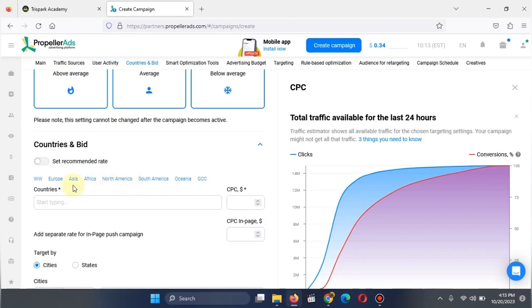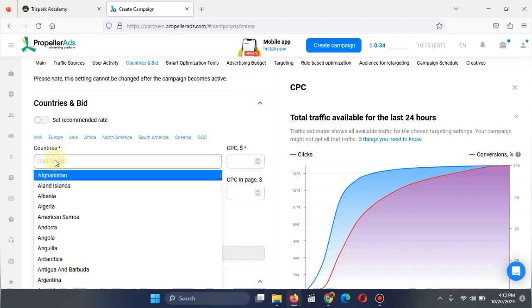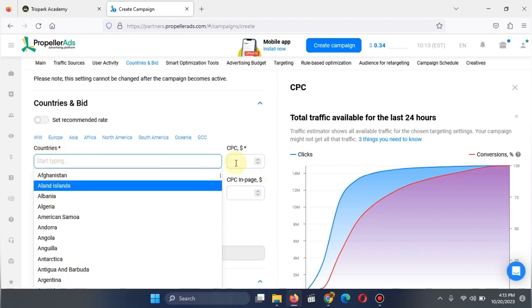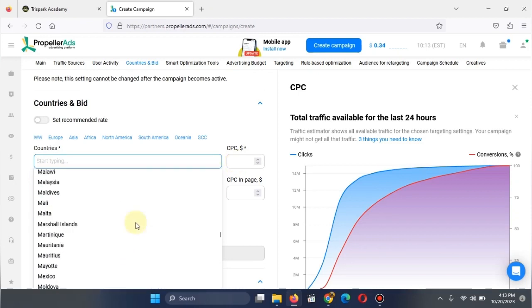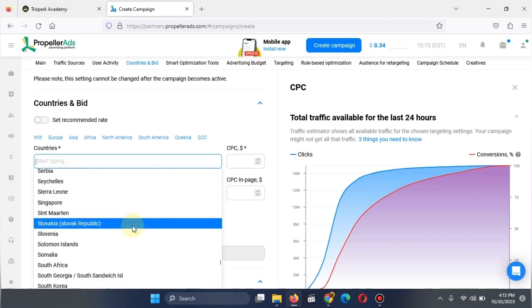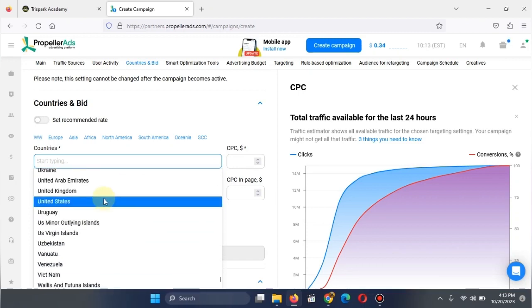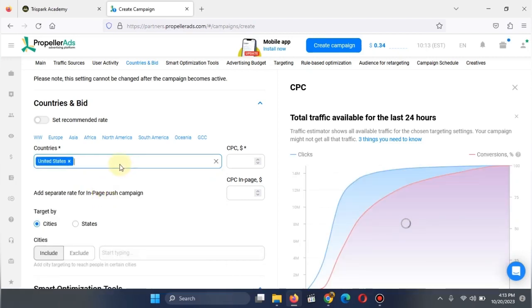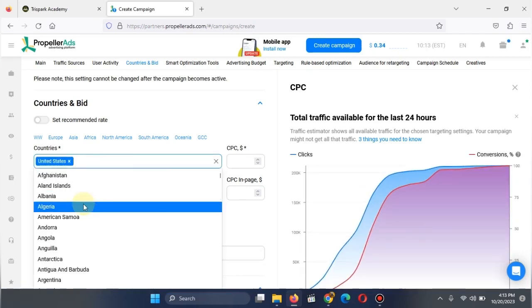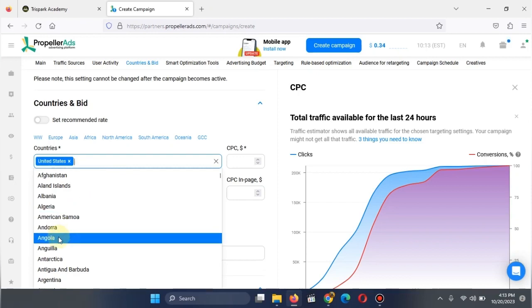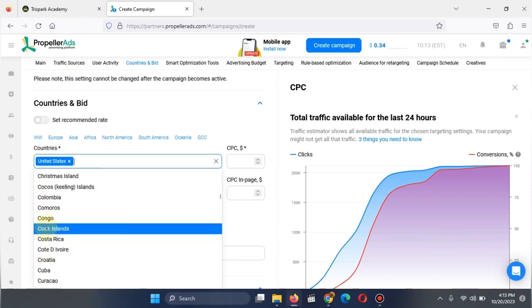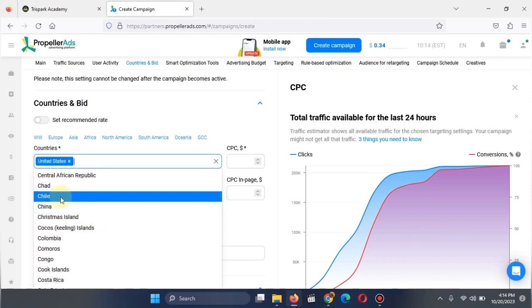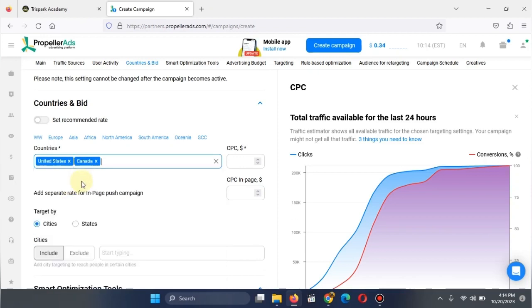Okay. Then come down to countries and click on it. Now, any country you select, the CPC, that is how much you are going to pay for it, will appear here. So you can choose countries that match your arbitrage campaign or your arbitrage goal, countries like USA, Canada, and the rest of them. So anyone you select, the CPC will appear so that you can see it and decide whether that is the best thing for you to do. So you can choose these two. Let's say you choose those two.